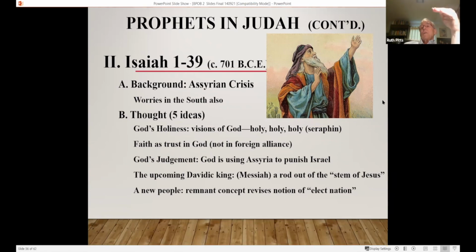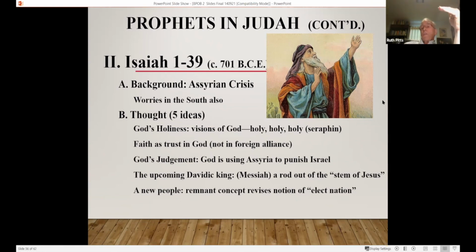So what he has to say in a newer insight is, look, God is using this powerful empire as a rod to punish us, to bring us around to where we need to be. So again, he's not giving up on God. He's not saying the Assyrian gods must be the true gods because they won the battle. So he has to figure out some way to make sense of all of this. So the Assyrians, the Babylonians are used as a rod to punish Israel and Judah.